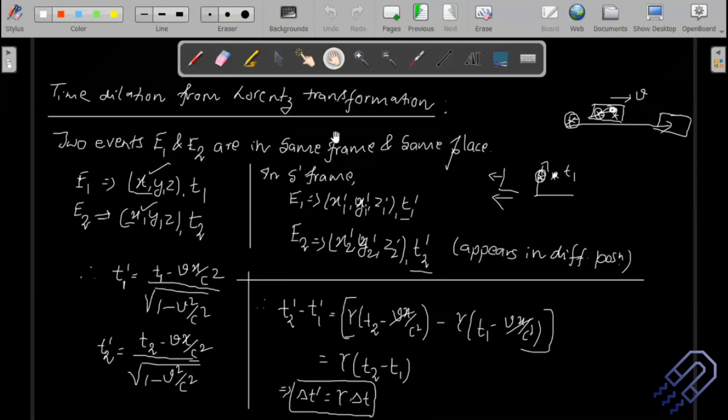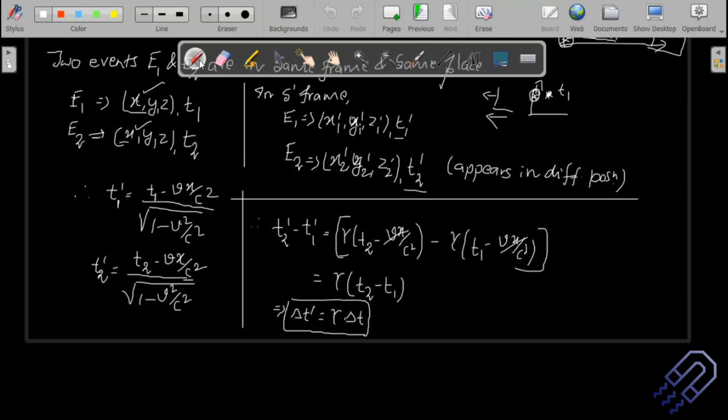So if I clearly mention Lorentz transformation, go for this. If I just say time dilation, relation, derivation, probably you should go for the previous thing. Okay, because that's just for marks. That's it. It's a bad system we have, but anyway, if you do it, still you are going to get some marks.